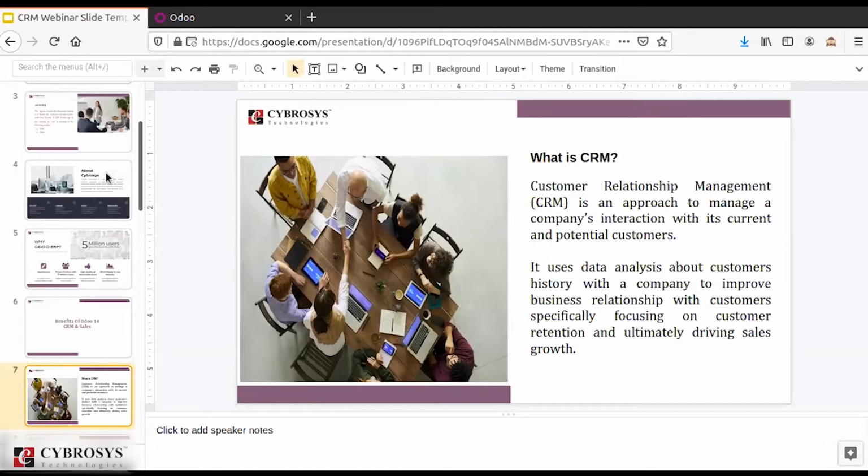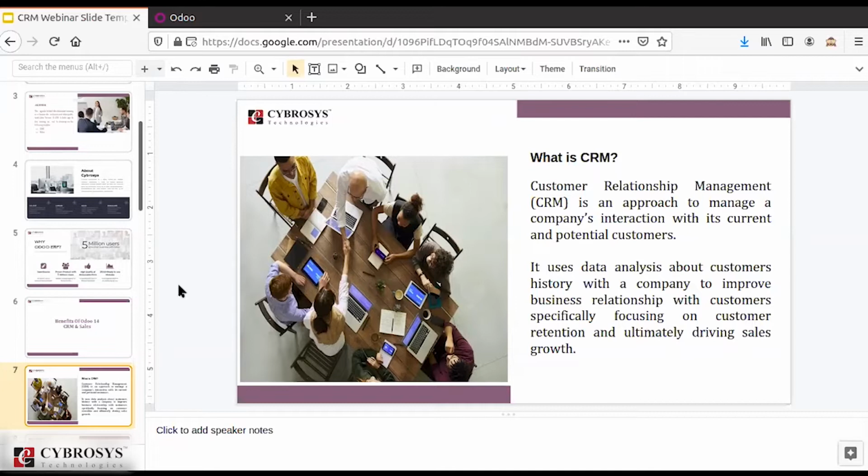CRM is an approach to manage the company's interaction with its current or potential customers. With CRM, it uses data analysis about the customer's history with a company to improve its business relationship with the customers, specifically focusing on customer retention and ultimately driving sales growth.